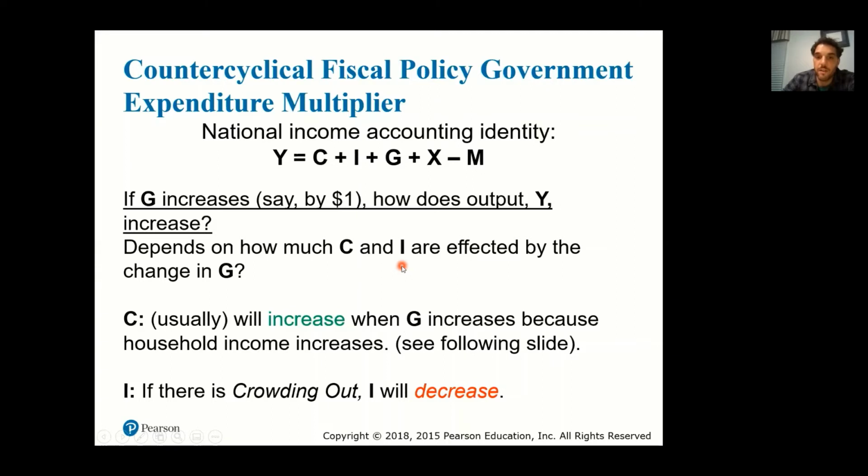We talked about how it's going to affect investment through crowding out, meaning investment is actually going to decrease due to the increase in government expenditure. However, consumption should increase. And the reason consumption should increase is because if the government expenditure increases, meaning the government spends more money, they're buying more things, presumably from domestic firms. Well, when that happens,